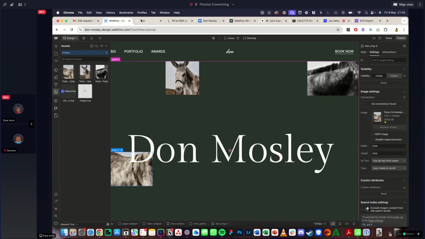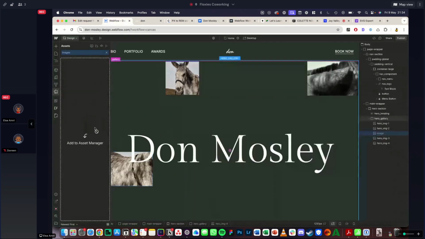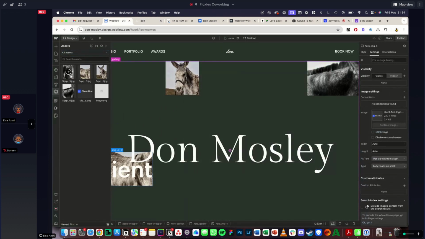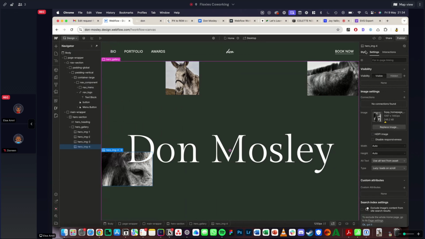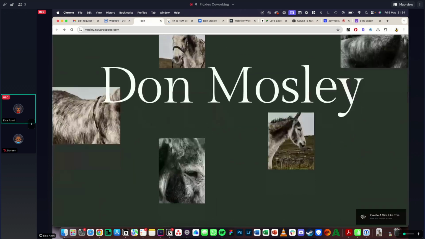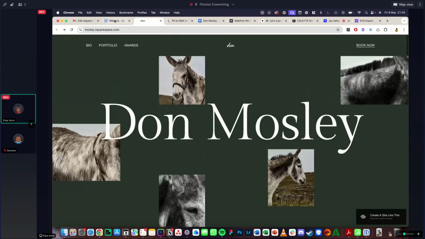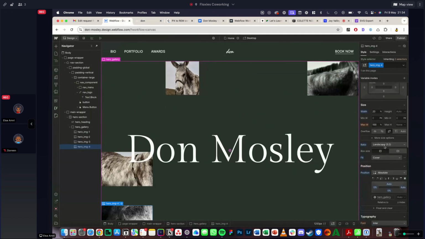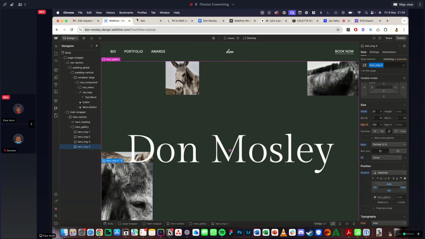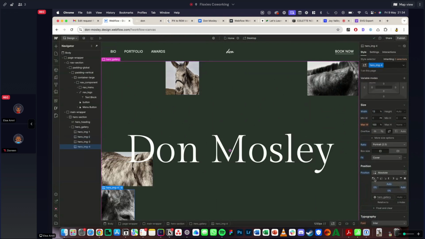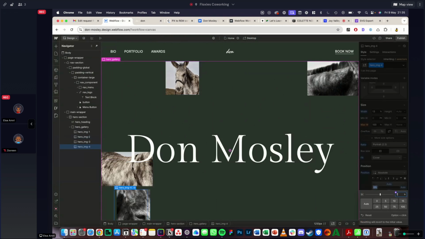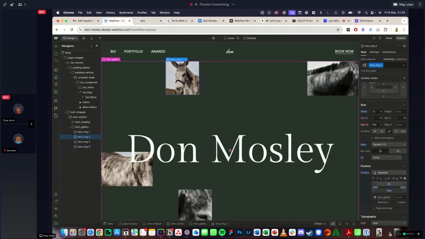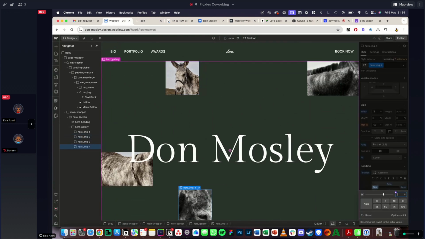We'll change this image. It's supposed to be the eye, so we'll select that eye. Okay, we'll wait for it to change. And then this is, I think, more of a portrait size. So we're going to move it back here and give it portrait, and we'll probably make it the same width as this one, which is 13%. So we're going to move it a bit more to the left here. Actually, it's supposed to be the same as this, so we can give it the same